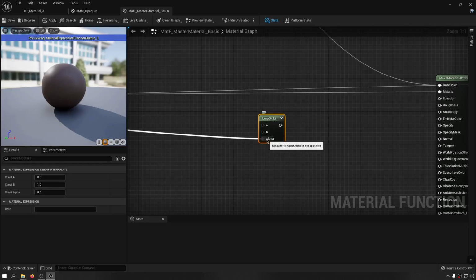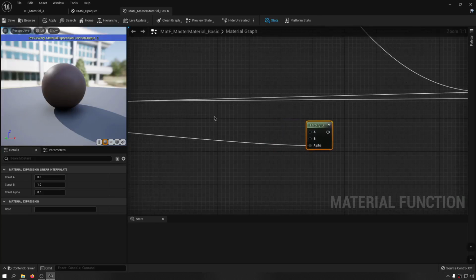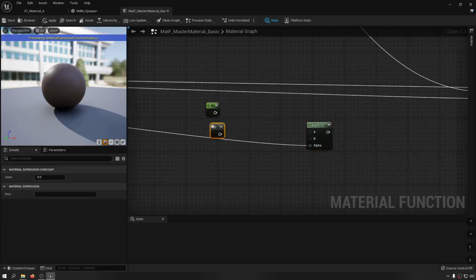And I really found this method to be very useful. So I'm going to create a couple of constants, 1, 2. I'm not going to set them to 0 and 1 because it's going to use the full spectrum and we're getting a lot of contrast, and that is not what I want. For basic, I'm going to set it to 0.25 and this one 0.75,